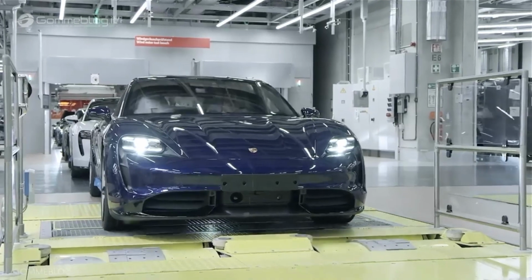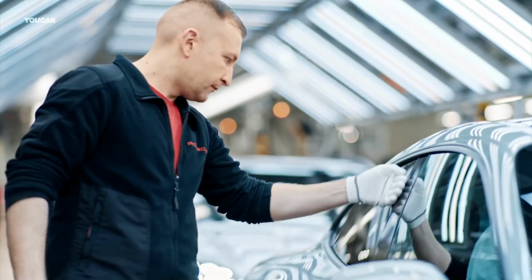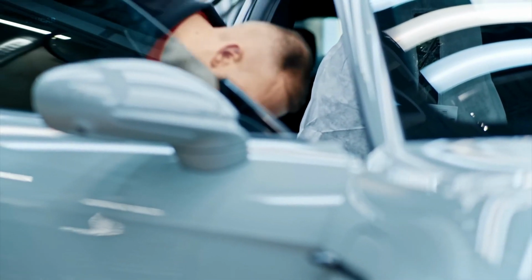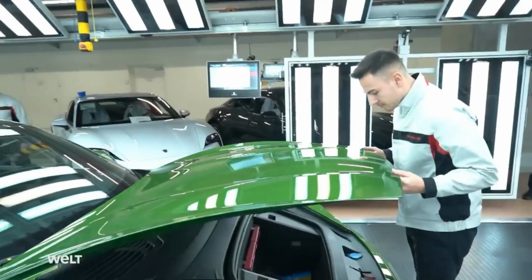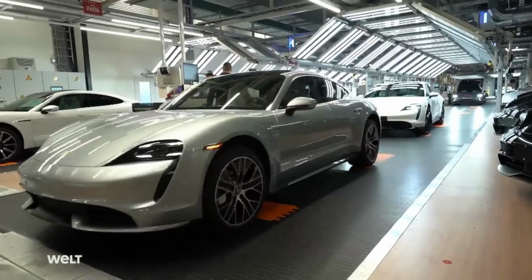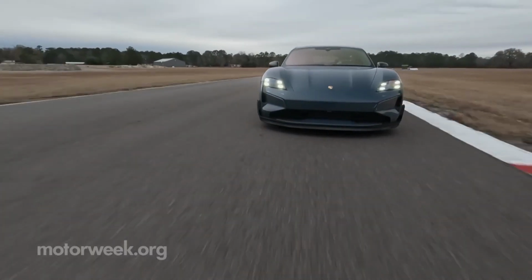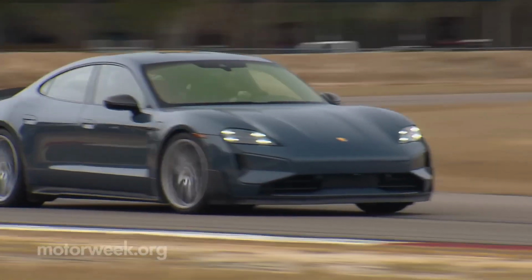Each Taycan is visually inspected under special lighting rigs in the light tunnel, where paint quality, panel fit, and detail finishing are reviewed. Once cleared, the Taycan rolls onto a test track for dynamic testing, a vital Porsche tradition. At this point, what was once a collection of parts and potential has become something greater, a Porsche Taycan, born from a marriage of heritage, innovation, and electric performance. From here, it will be tested on the road, fine-tuned, and finally delivered to customers around the world, ready to